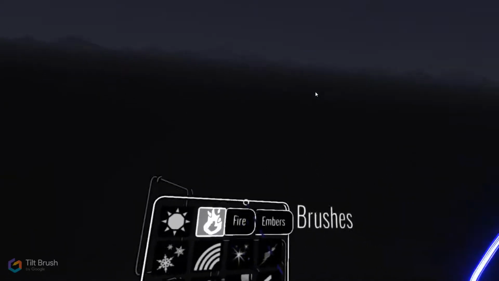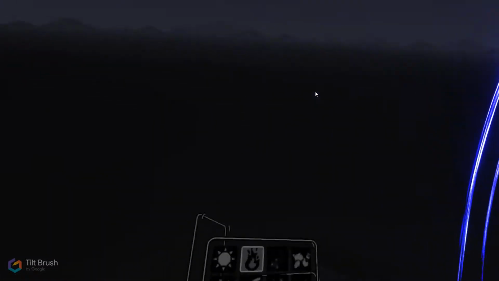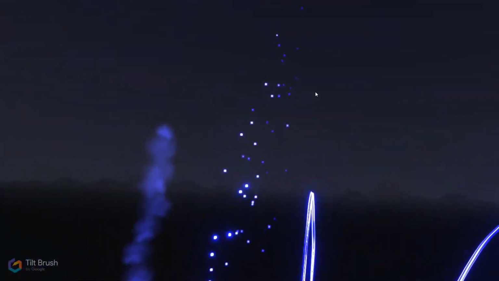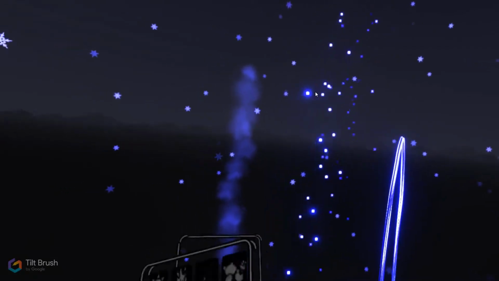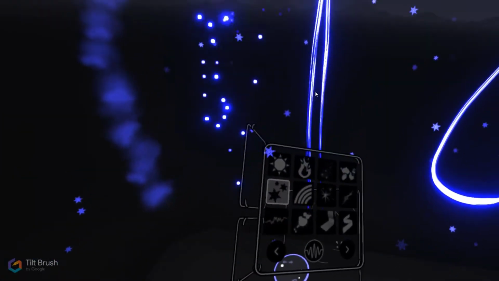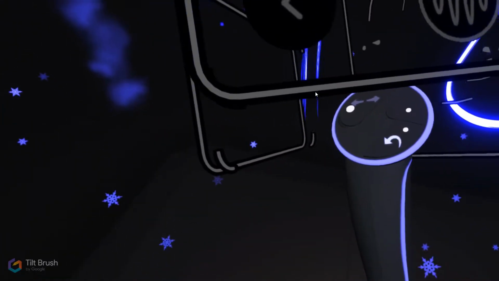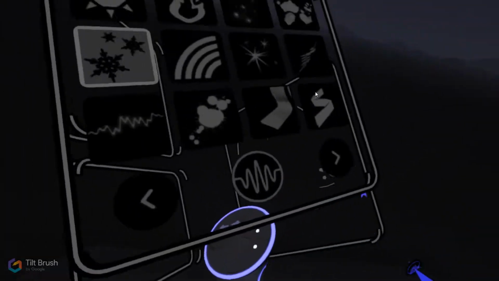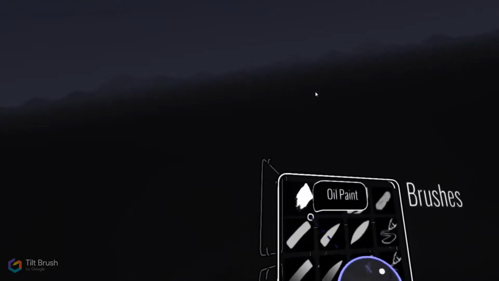So being able to make a light, say like a light tool in midair, or like a big fire, animated fire, or embers, or smoke, or this was the most magical one, I think, snow, and throw snow all around you, which is truly something quite amazing. That's where it starts. However, if you get rid of all that using the undo button, you can see that I've got on my controller just there, press that, and it will get rid of all the brushes that I've made recently. And to the left of that, you've got more traditional paint,